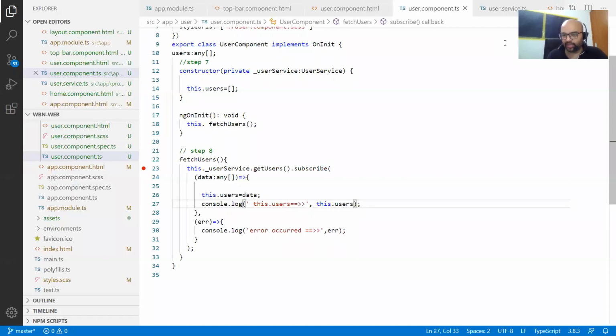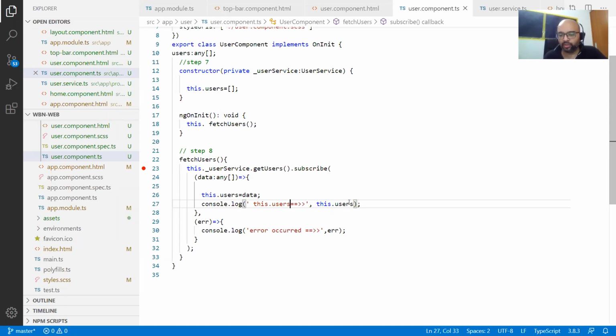But initially, in maybe the next two, three, four practice sessions, when you actually implement the service, you go with this step by step approach only. Follow this recording, just like I did. First I put data, console it, then create a variable, put data to that variable, then put it in the console. Go step by step. Now once you are 100% sure that I am getting the data, now you can print it.